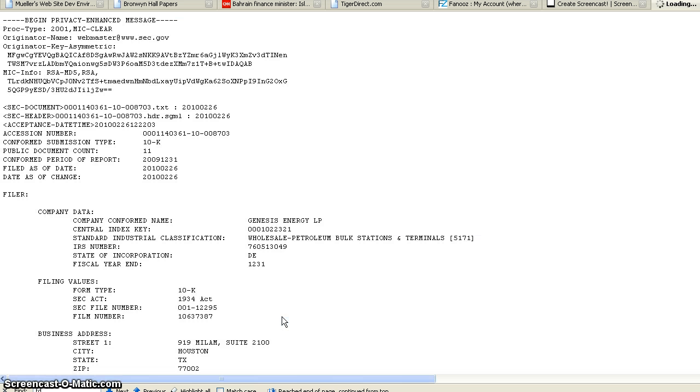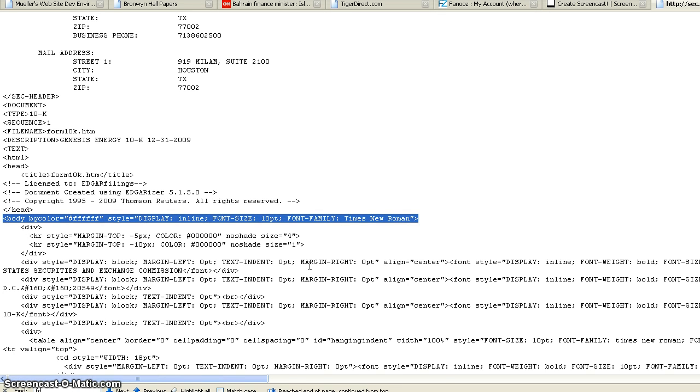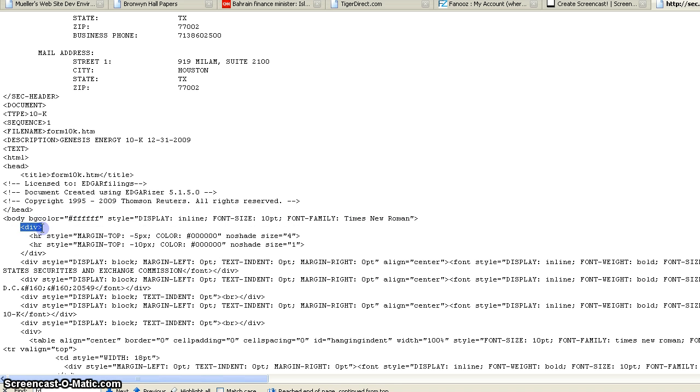So I'll click here, and we're looking at the 10K for Genesis Energy LP, and the report period was December 31st, 2009. So we page down one page here. We look at the 10K, and we see that it has actually a lot of HTML tags. You can see by looking at the body tag here, at the division tag here, the HR tag here. So that basically tells us that this is not a true text file. So we don't want to save this because it will not save as a text file, but more so as